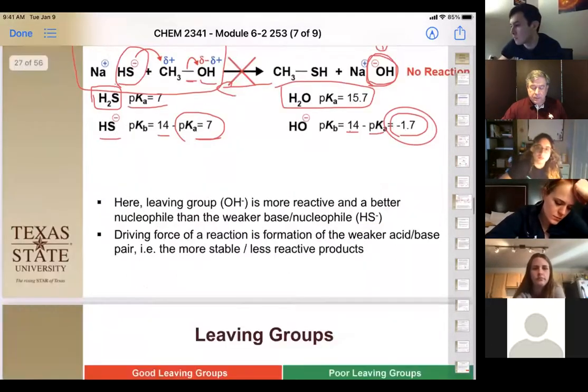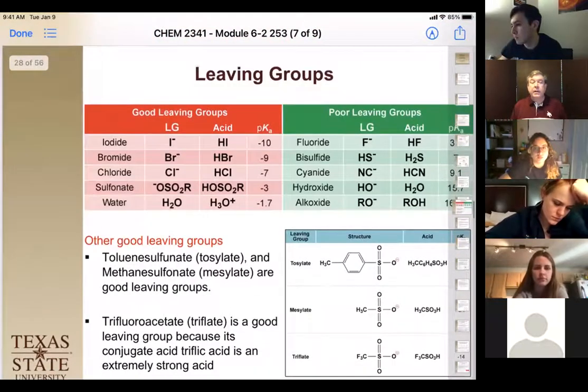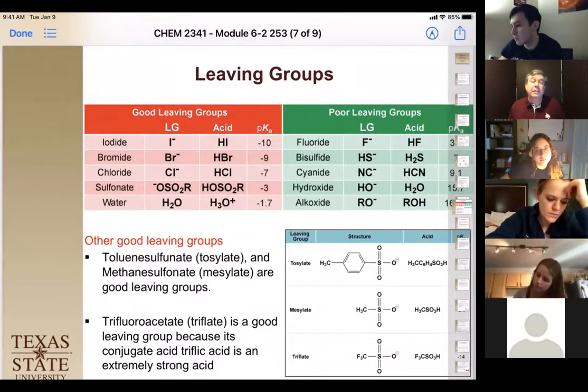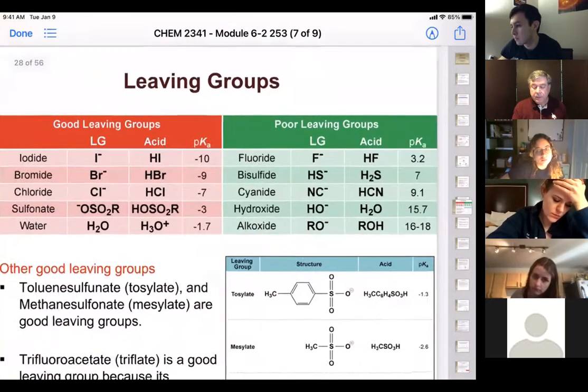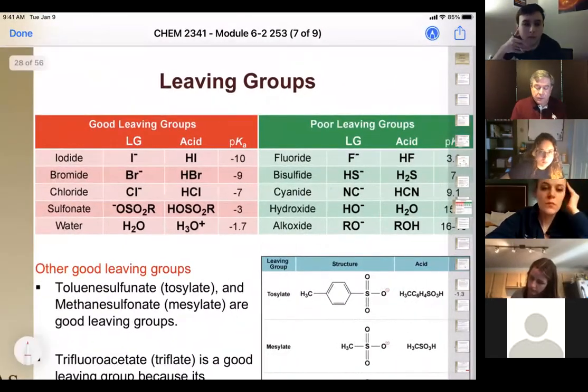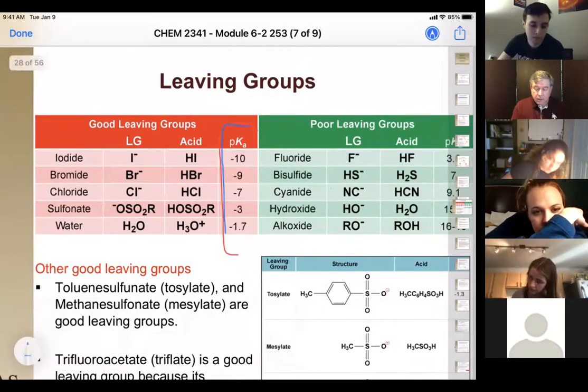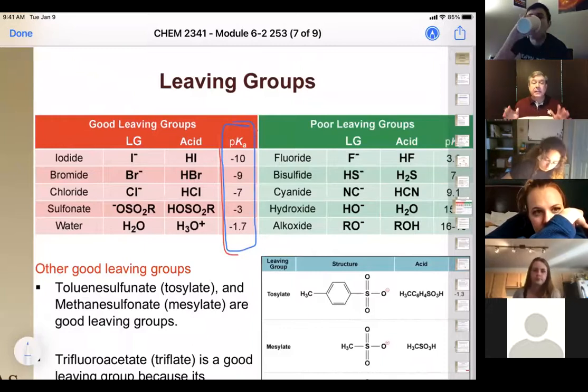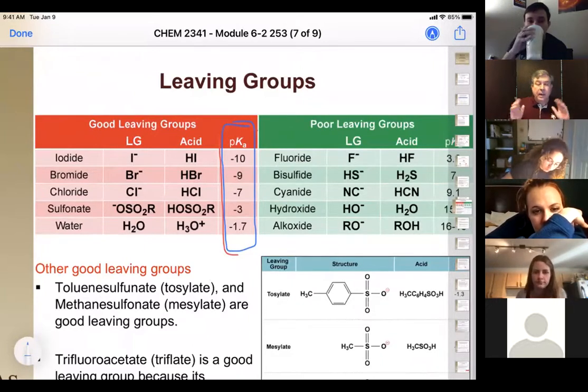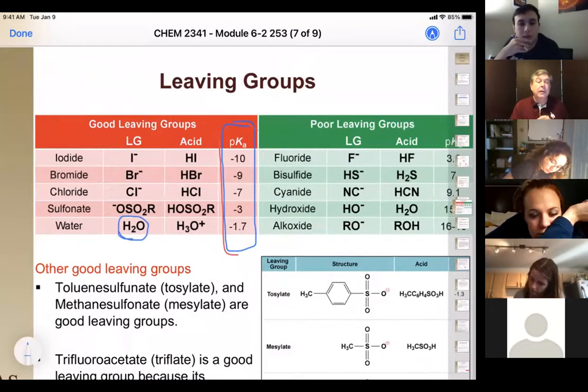Okay, so that means if we were to put a table together with leaving groups, we could just see what the pKa of their conjugate acids are and see if they're a good leaving group or poor leaving group. In the case here, we're going to look at the good leaving groups. Notice that for all the good leaving groups, all of the conjugate acids are negative. OH as a leaving group is bad, but look, water as a leaving group is good